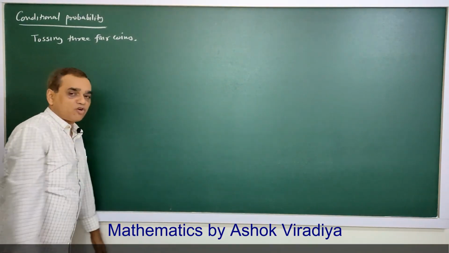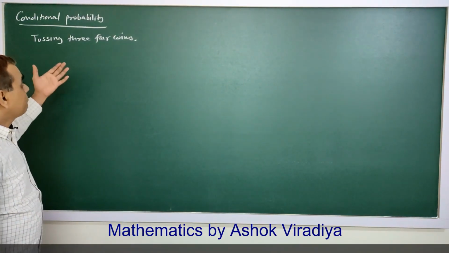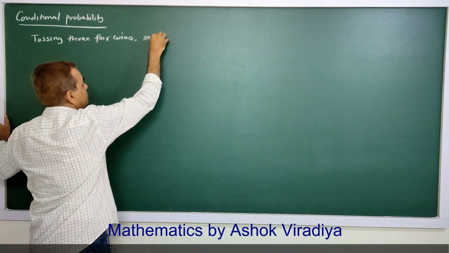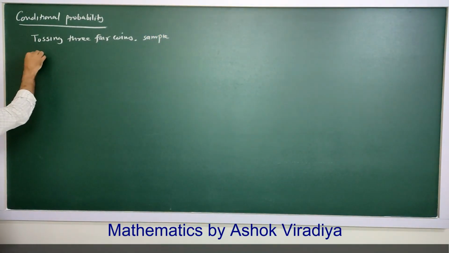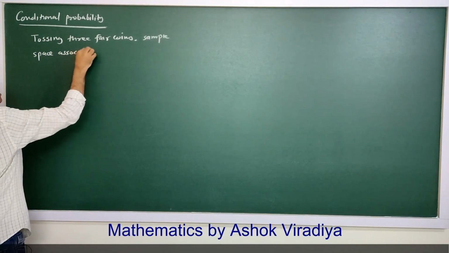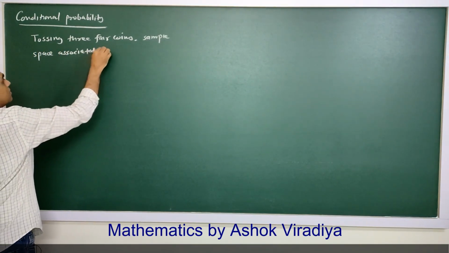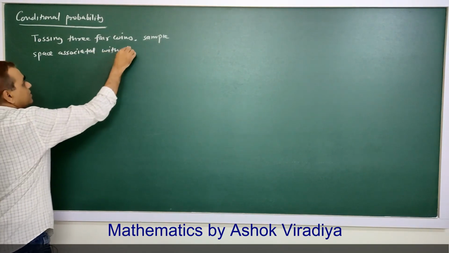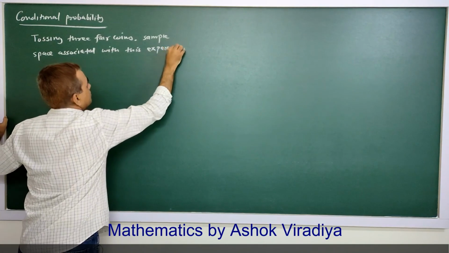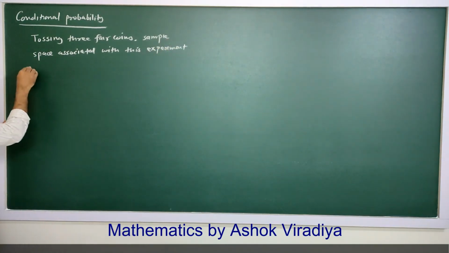In the experiment of tossing three fair coins, the sample space associated with this experiment is,